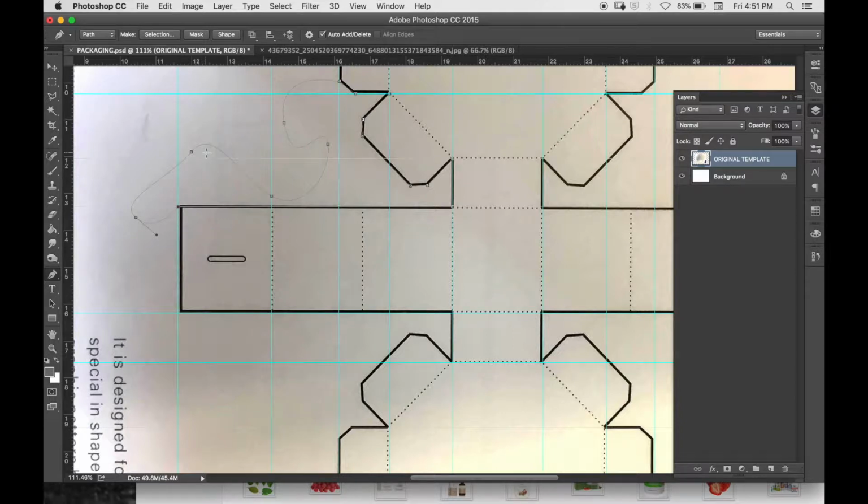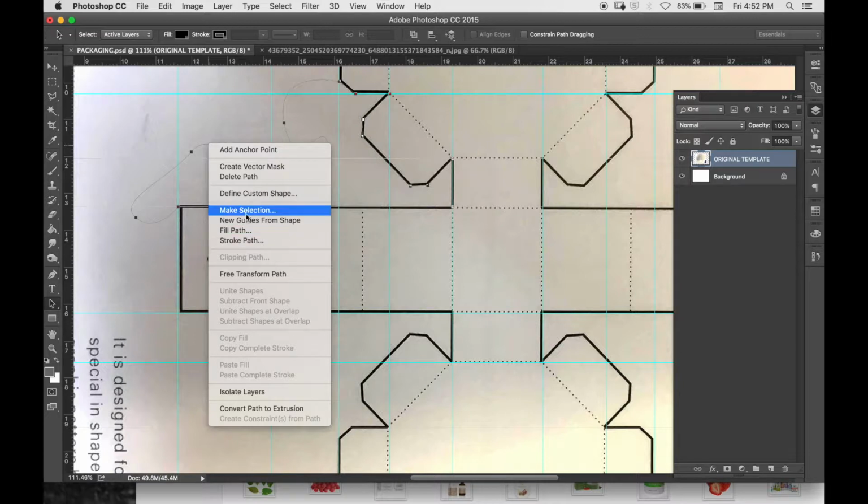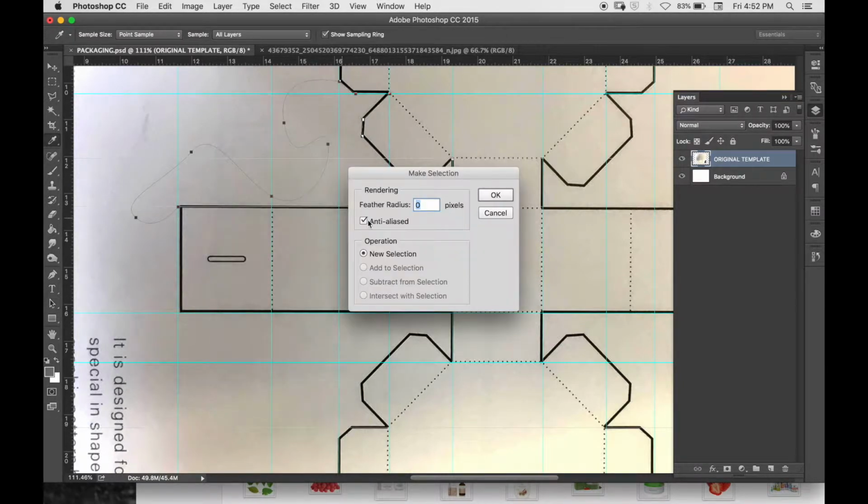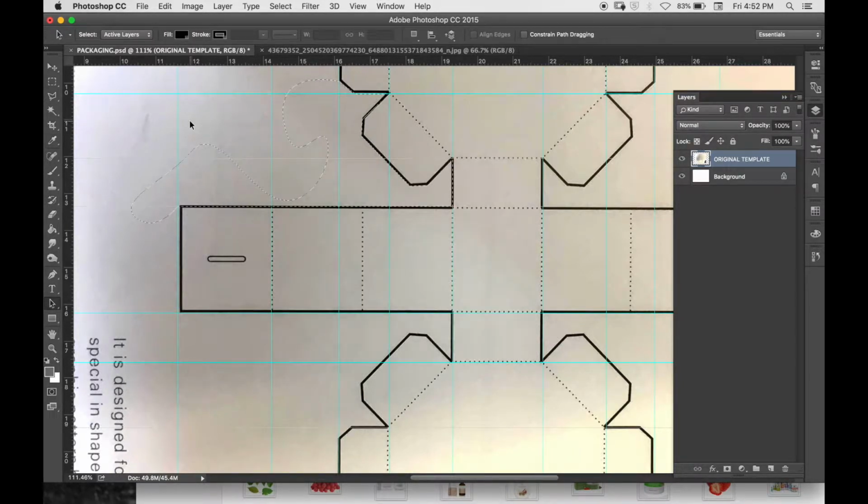And you can connect the line back up again. You can use the arrow key down here to kind of work with the path that you've created. And if you right click on the path, you can make it a selection, which means you can then work with it like you would do if you were going to do with the polygonal lasso tool. So you can use the pen tool, and if you come back in here, if we go back to it being a path,